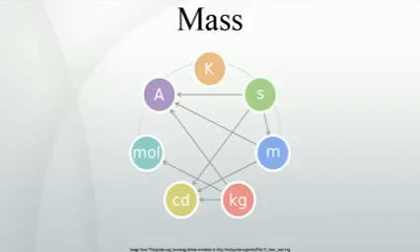Mass in relativity. Special relativity. In special relativity, there are two kinds of mass: rest mass, or invariant mass, and relativistic mass, which increases with velocity. Rest mass is the Newtonian mass as measured by an observer moving along with the object. Relativistic mass is the total quantity of energy in a body or system divided by c². The two are related by the following equation, where γ is the Lorentz factor.